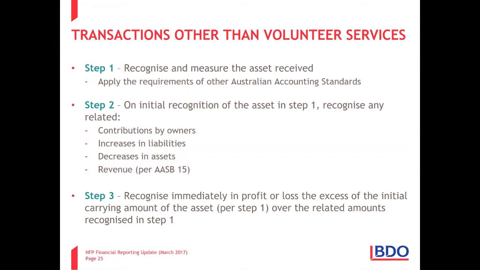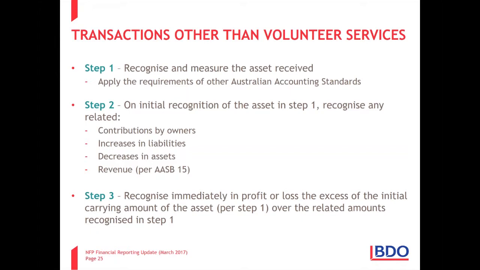So after you've gone through I debit cash, and after you've gone through what could I logically credit in terms of all these other standards, step 3 is you recognize immediately in profit or loss the difference or the excess, the extent to which your asset in step 1 exceeds whatever amount you could recognize in step 2. So we're not saying debit cash and automatically immediately credit income. There's a step 2 which says debit cash, step 1. Step 2, think about this.